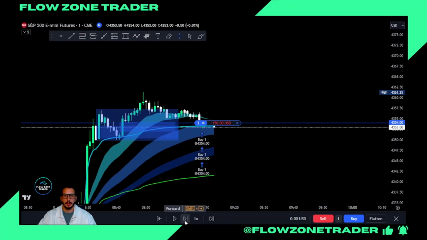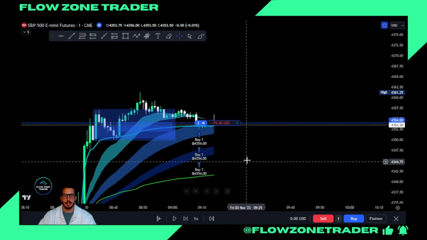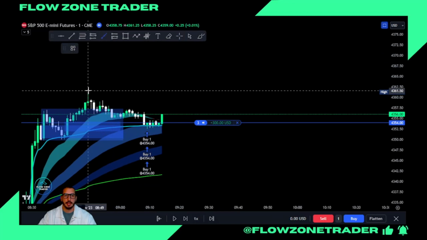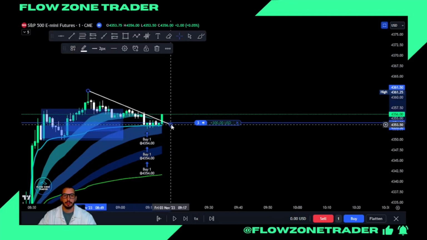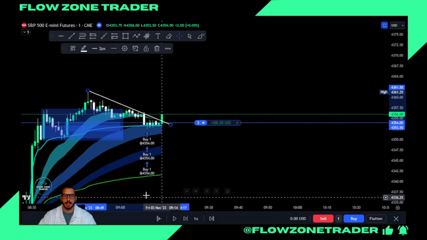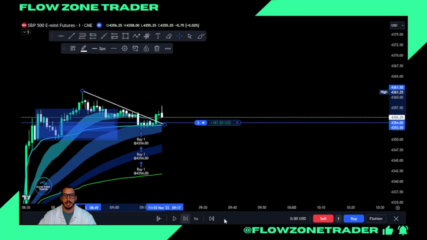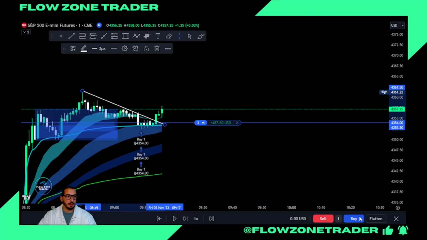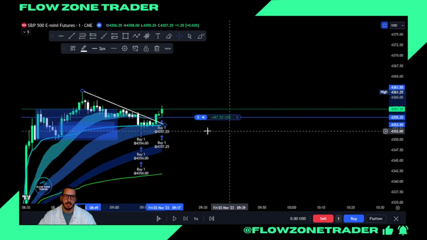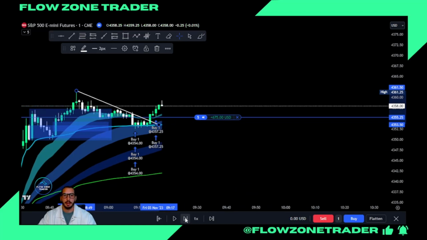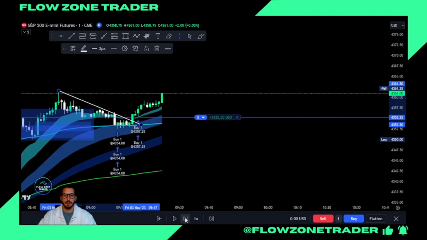All right, moving on. Let's see what it does. So I'm in the red for a little bit. It's holding structure nicely. Okay, now what do we have? This is a beautiful flag. Okay, so if you wanted to, you can add on the breakout of this flag if you've got call position, or you can wait for the retest like that, back inside, right? So let's just say I took the retest. Let's just say I took it down here. So that's what we've been looking for. And now I'm going to hold for a break of structure of the high and a squeeze.